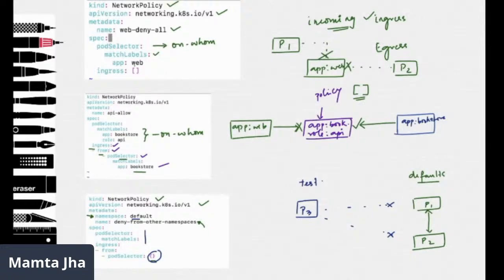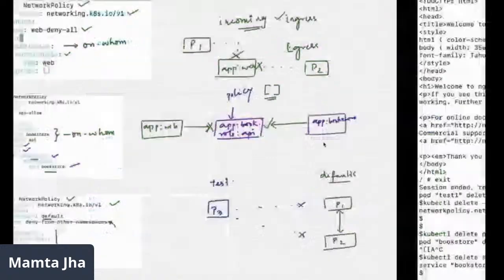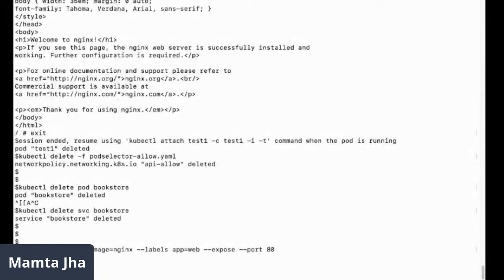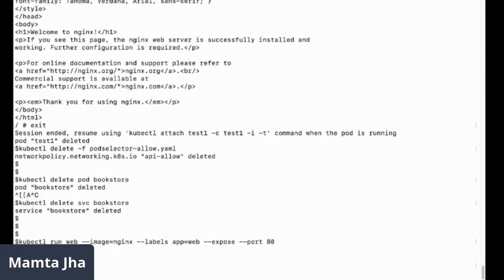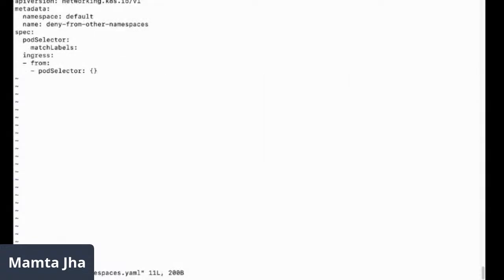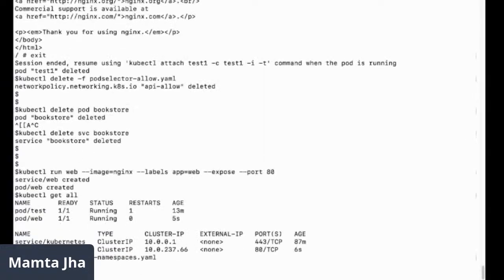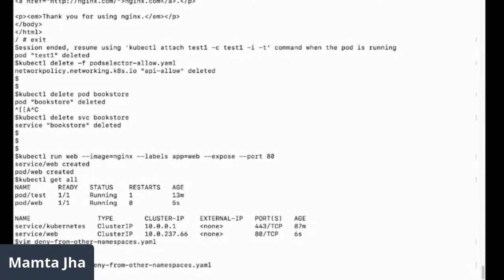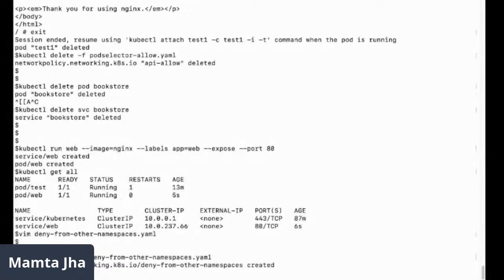So let's first create a pod, and then we would go ahead and create a policy. I'll create a dummy pod labeled web. Let me look at the resource which is created. And we would use that same policy file to create the policy: kubectl create -f and give the name of it.